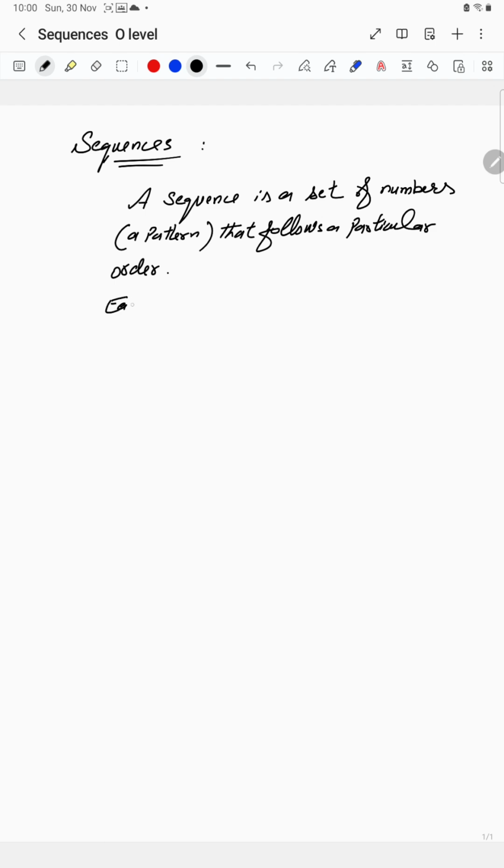And each number in a sequence is called a term,